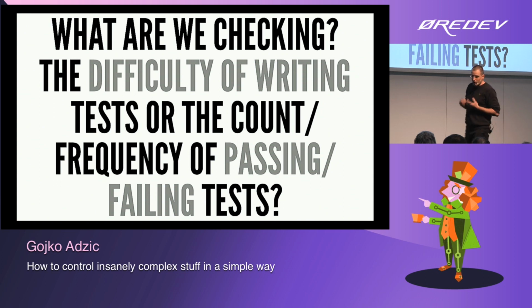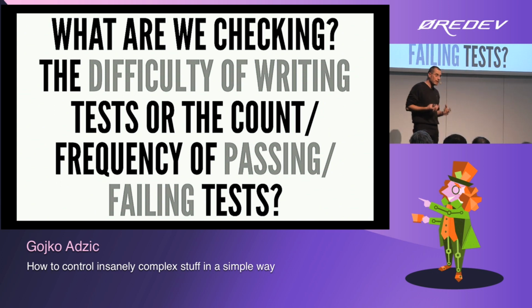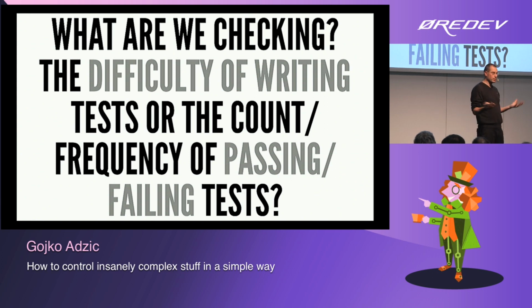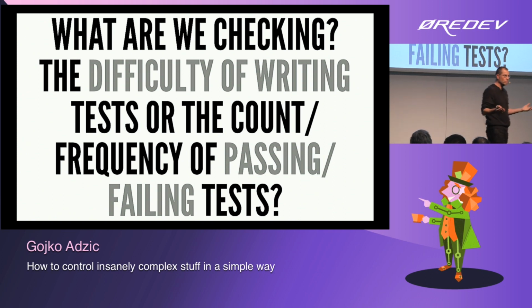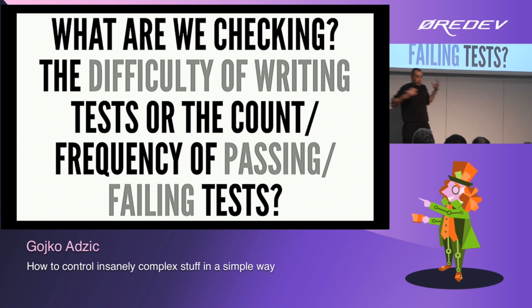But I think a lot of the misunderstandings about TDD come from this whole thing where we can actually measure 20 different things with it. And if we measure different things with it, we get different feedback loops. If we measure, I don't know, how many tests we wrote and what the code coverage is, then we get 100% code coverage with tests that are basically never failing because people skip testing and just return true. If we measure the difficulty of writing tests, we potentially have a way of coming up with good design.